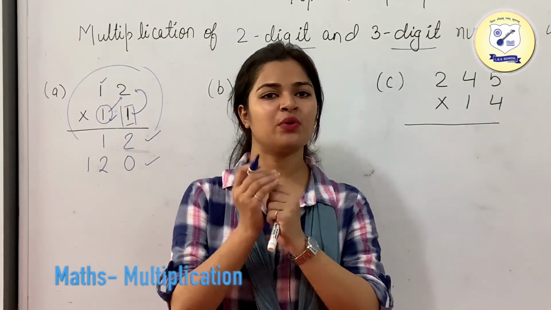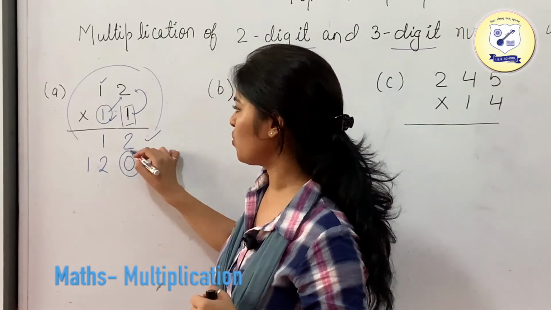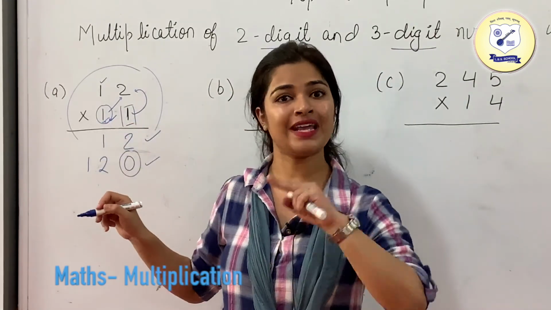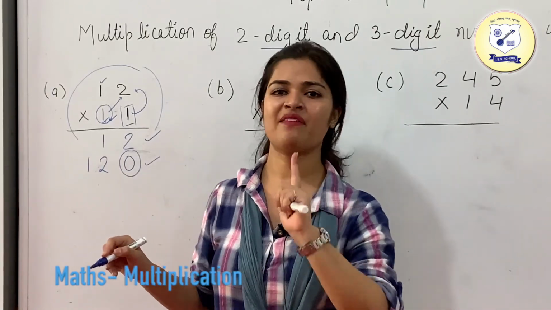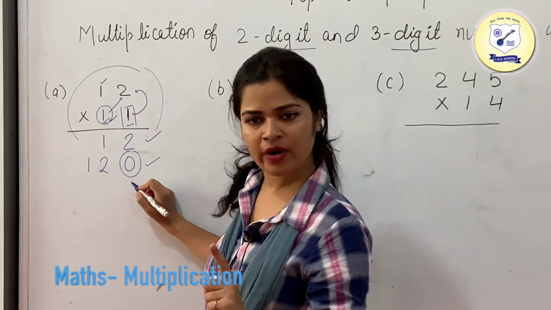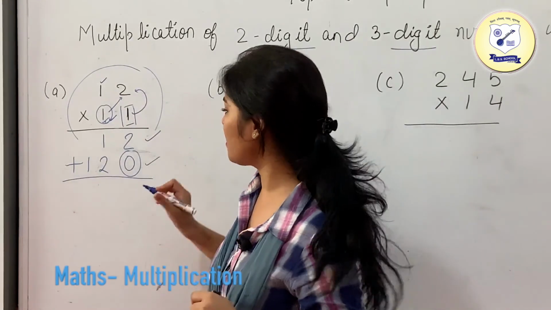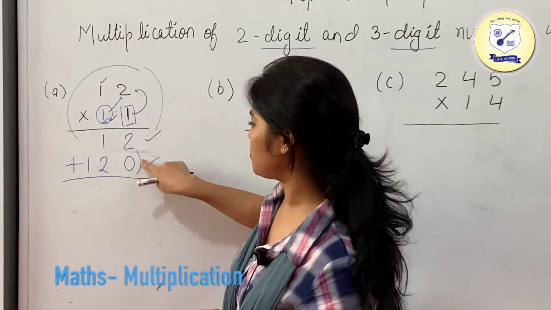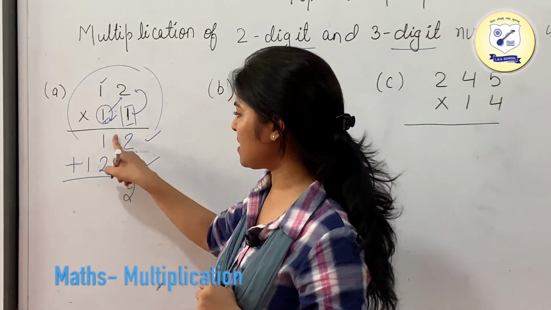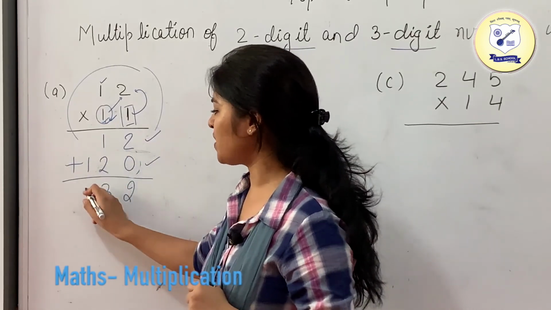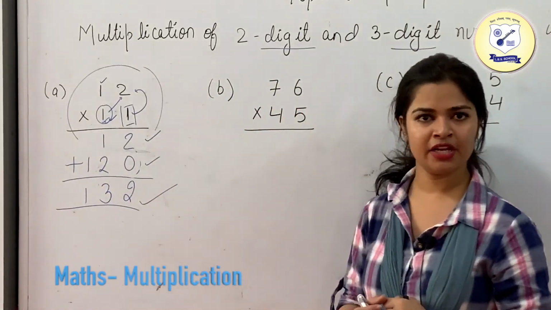When you are multiplying with a 2-digit number, the additional thing we need to do is just put this 0, since the second digit number belongs to the tens place, and the place value of that is 10, and in 10 we are having 1 0. So we just put 0 over here, and now after doing the multiplication, just add the results of the 2 steps. So this is going to be 2 plus 0 is 2, 2 plus 1 is 3, and this 1 is going to be your 1. So this is the answer, which is 132.